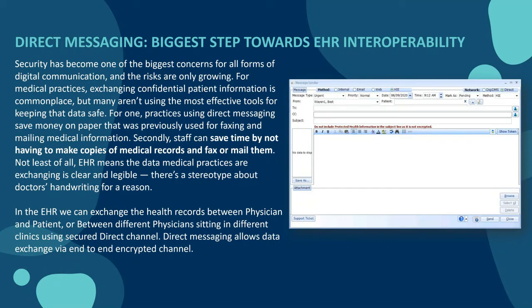Direct messaging is a point-to-point encrypted secure messaging platform, correct? This is used in the financial industry, by attorneys in legal matters, it is used everywhere, again in healthcare. In any area or business, any information you share between point A and point B needs to be absolutely secure. That's where the concept of interoperability, or direct messaging, comes into the picture. You are basically encrypting that information, wrapping it around.